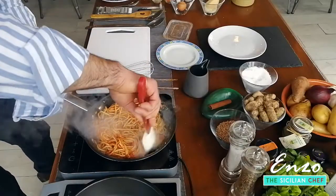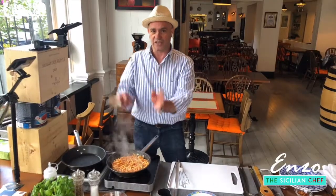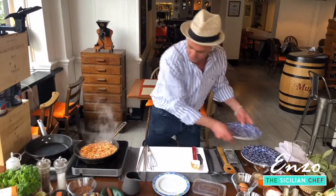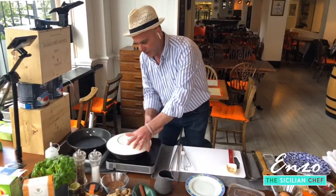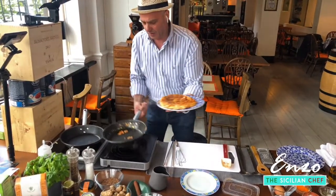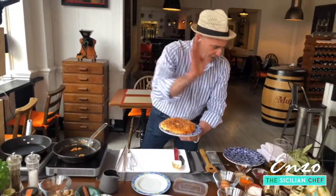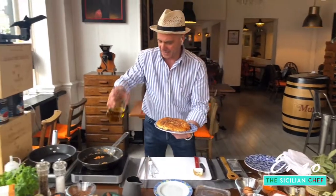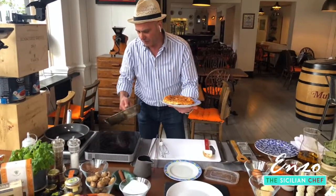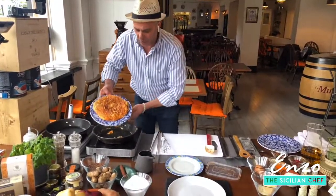Now there is a trick that I have to tell you, is girarla sotto sopra, come dicono loro. So, put one plate on top of it, make sure that you turn it around, and voila, look, la pasta fritta. Ancora is not ready, aspetta. So some more oil again on the bottom to cover it, and voila,